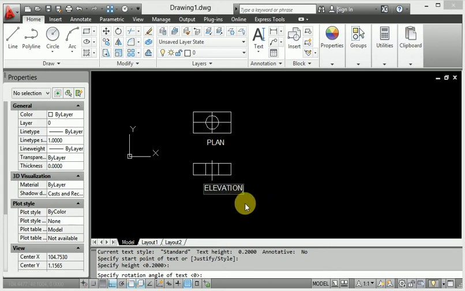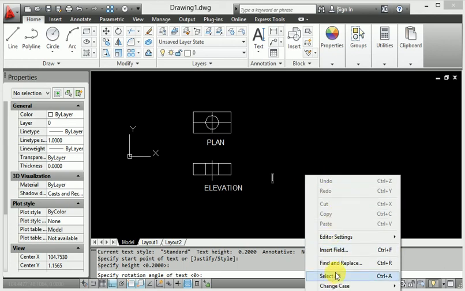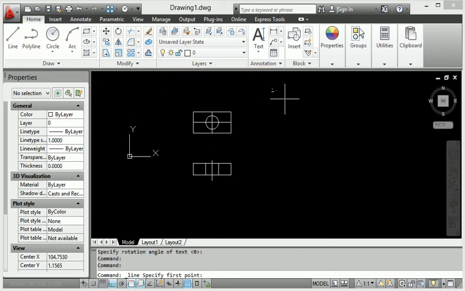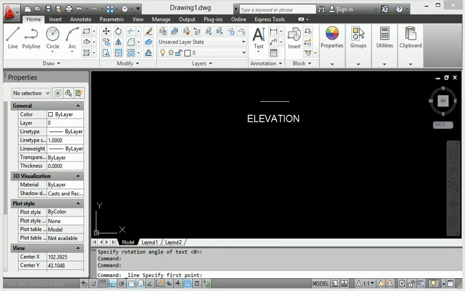So this is the single line text here. When I get enter, so it is elevation right now. So here I make elevation and text right now.